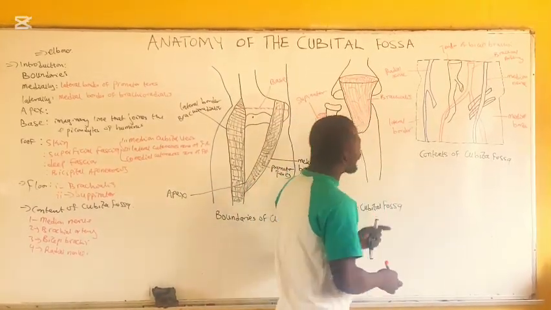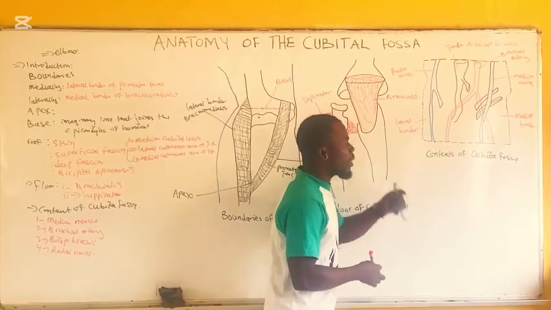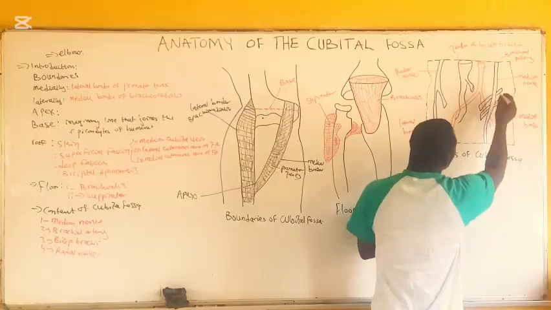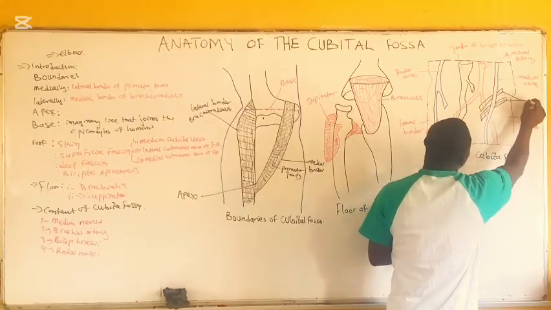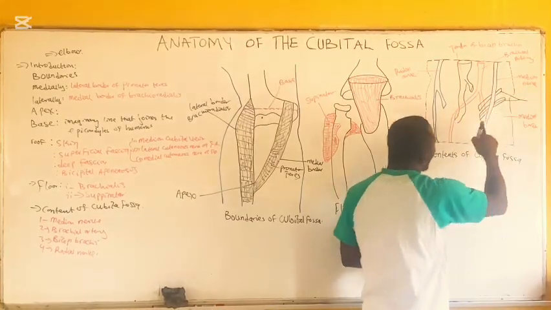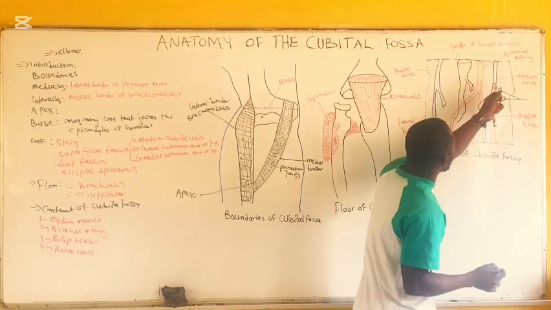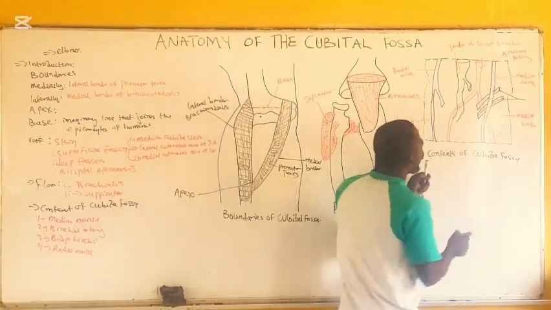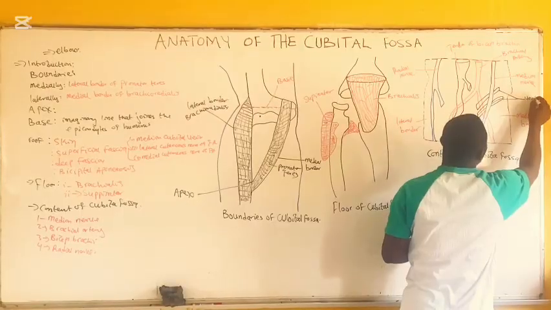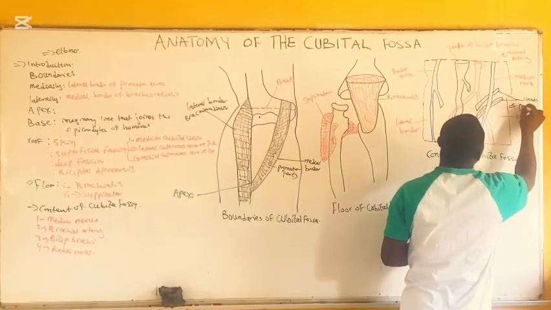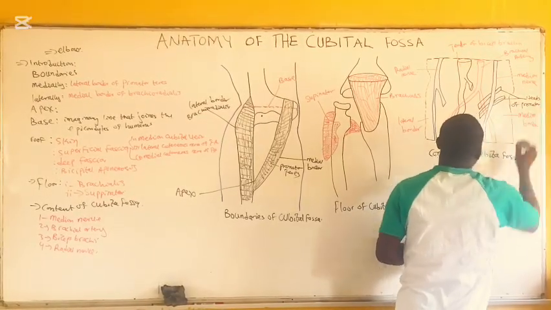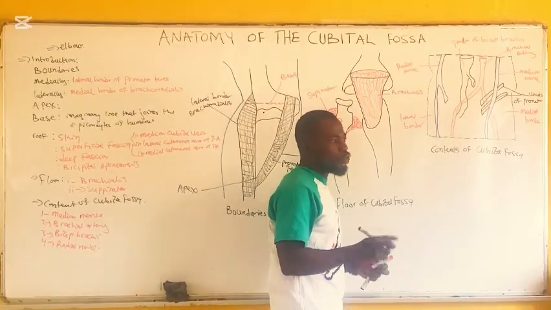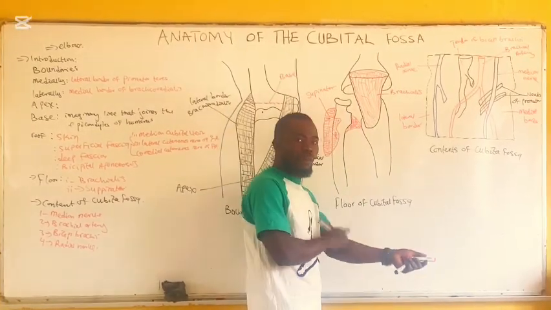The median nerve leaves the cubital fossa by passing between the two ends of pronator teres. So these are the two ends of the pronator teres, the deep end and the superficial end. The median nerve leaves the cubital fossa by passing between the two ends of the pronator teres. But before it leaves, it gives out branches to some of the muscles of the anterior compartment of the forearm,